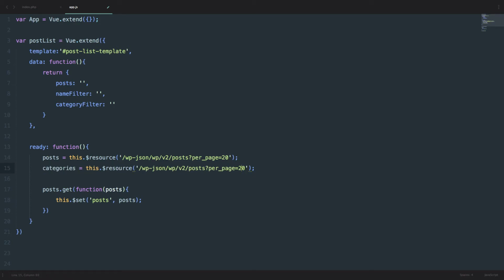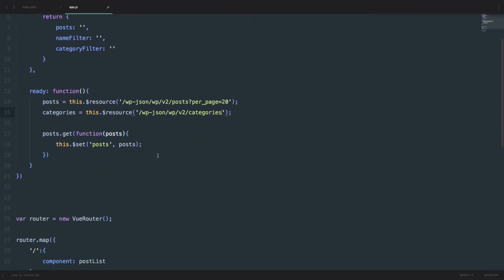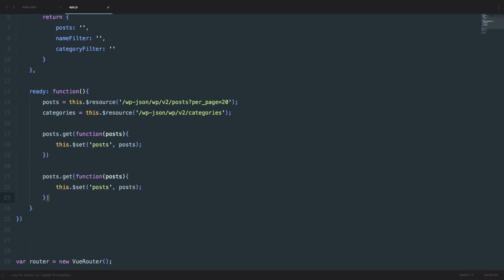And the resource is not going to be posts per page, but it's just going to be categories. So we are doing this in our ready function. Next, we need to set that data. And to set that data, we can just copy this right here, just like we did for the posts, except we're going to use variable categories,